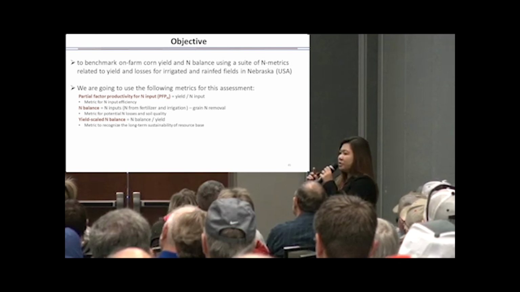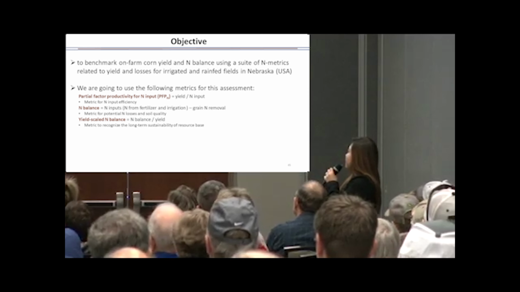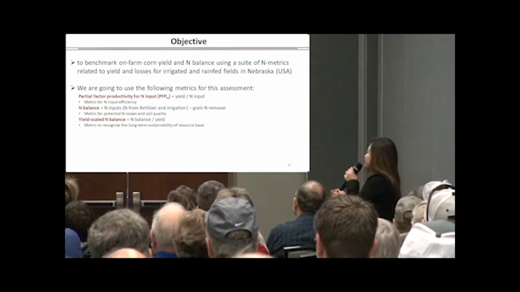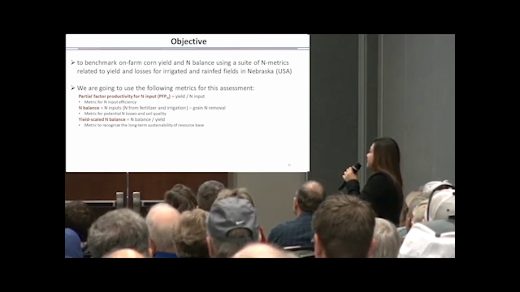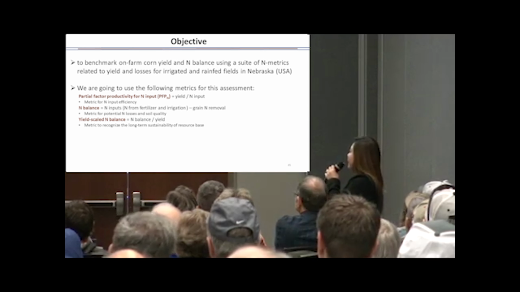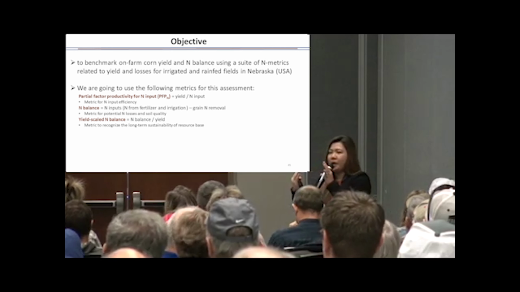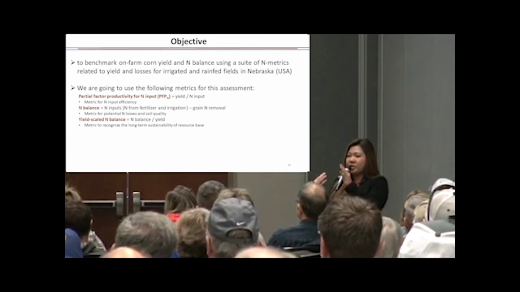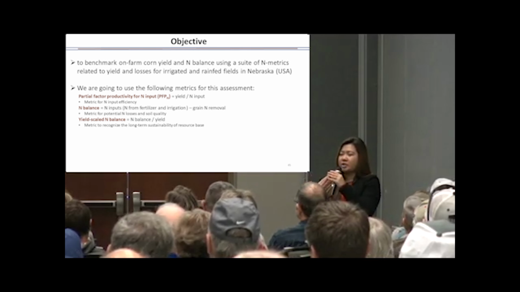In addition to nitrogen balance metric, we also used here the partial factor productivity for nitrogen input, which is the ratio between yield and nitrogen input, and the yield-scaled nitrogen balance, which is the ratio between nitrogen balance and yield. So we have used a combination of these metrics to have a better assessment of the yield and potential nitrogen losses